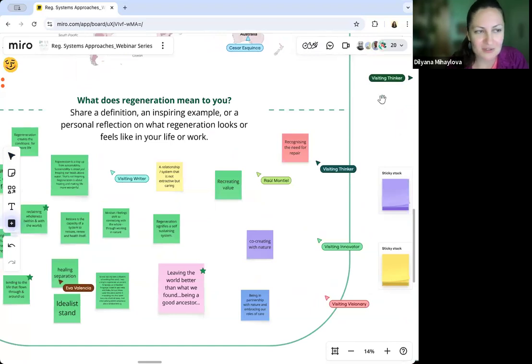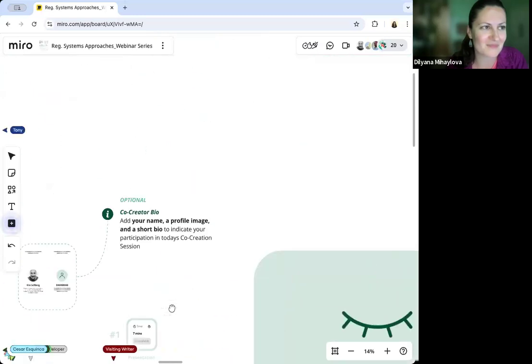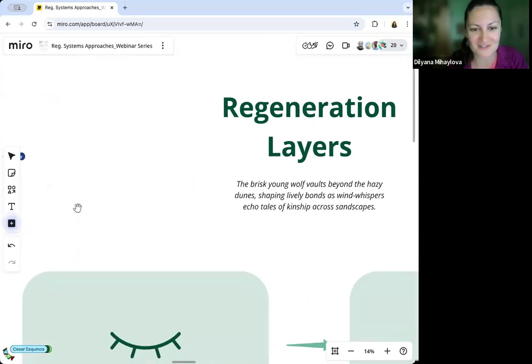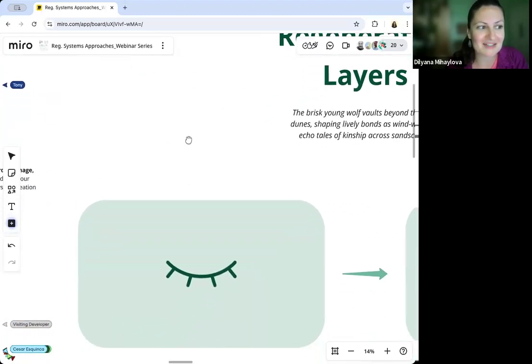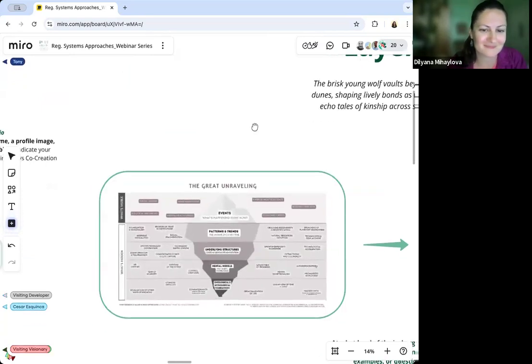I think I will now hand over to Hajar to hear a bit more about the layers, if we may call them that, of regeneration. And then we'll come and use some of that work. So do pay attention, feel free to ask clarifying questions because we'll work with that framework directly in the next exercise. Over to you, Hajar.